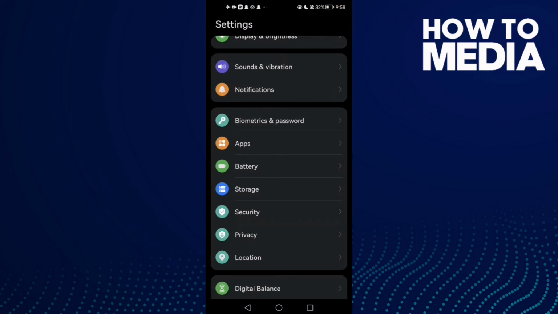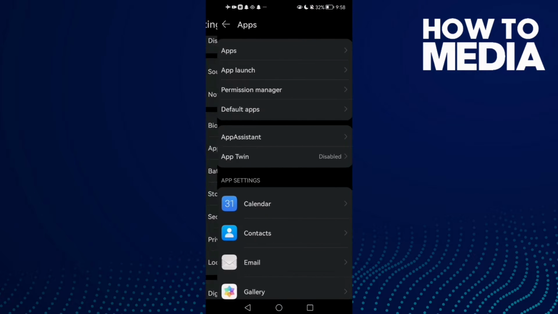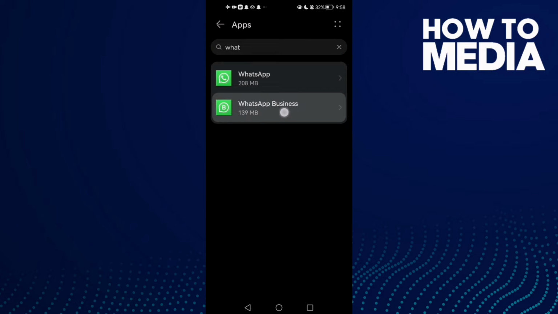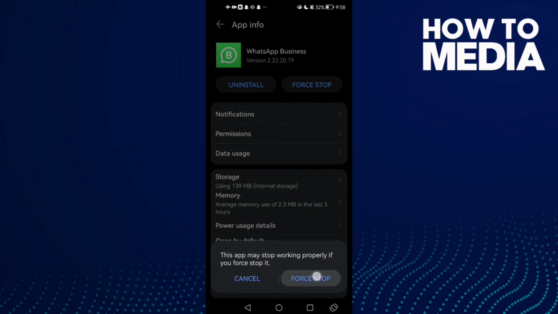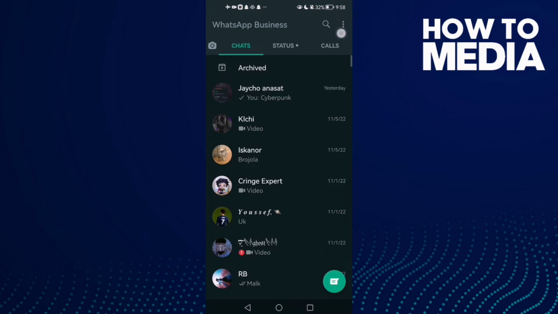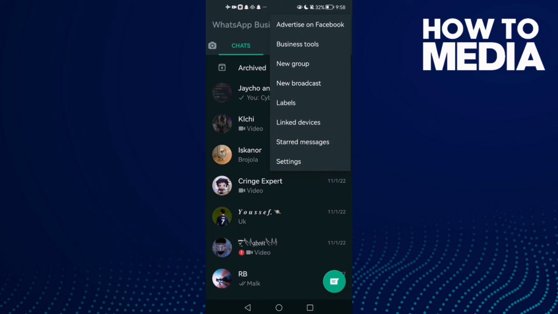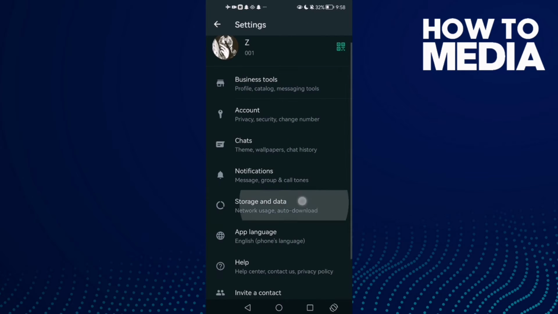First, open Settings and then scroll down until you find Apps, and now Apps again, and open WhatsApp Business here. Now click Force Stop and then go to WhatsApp Business and open these three points here and then click Settings, and now click Storage and Data,